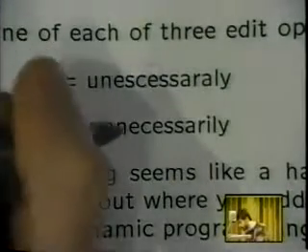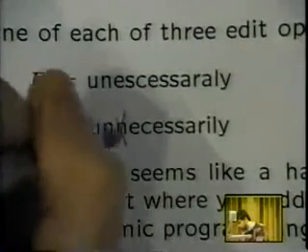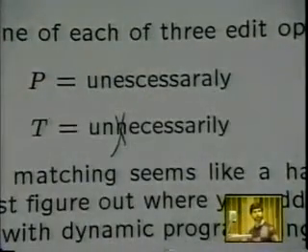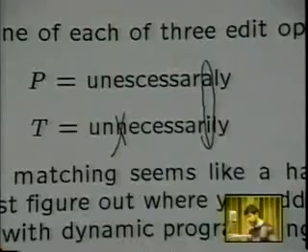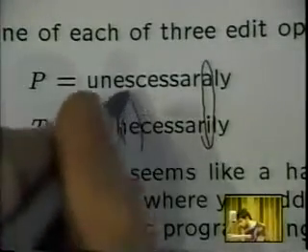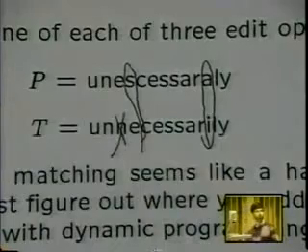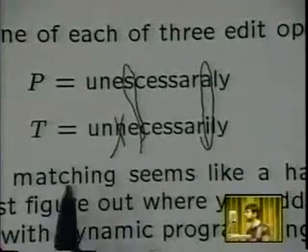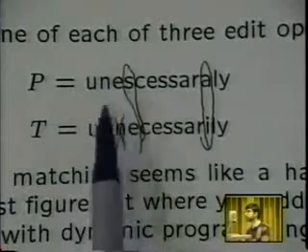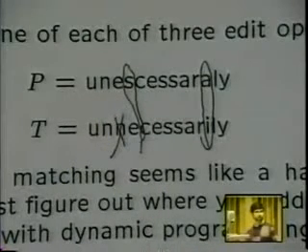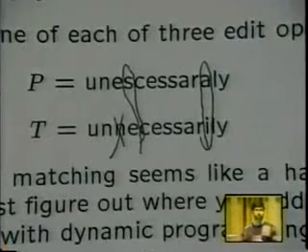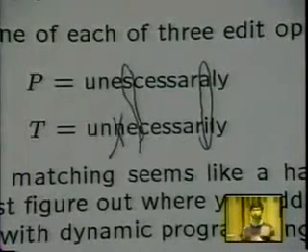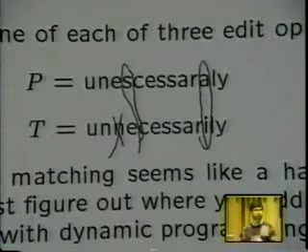One idea would be, well, we could delete this n. Okay. Another idea would be that we could substitute this. And a third would be that we insert this. By doing these 3 operations, we can convert this string to that string. Okay? And in fact, there is no cheaper way to do it. Okay? If we consider we pay a cost of 1 for every one of these operations.